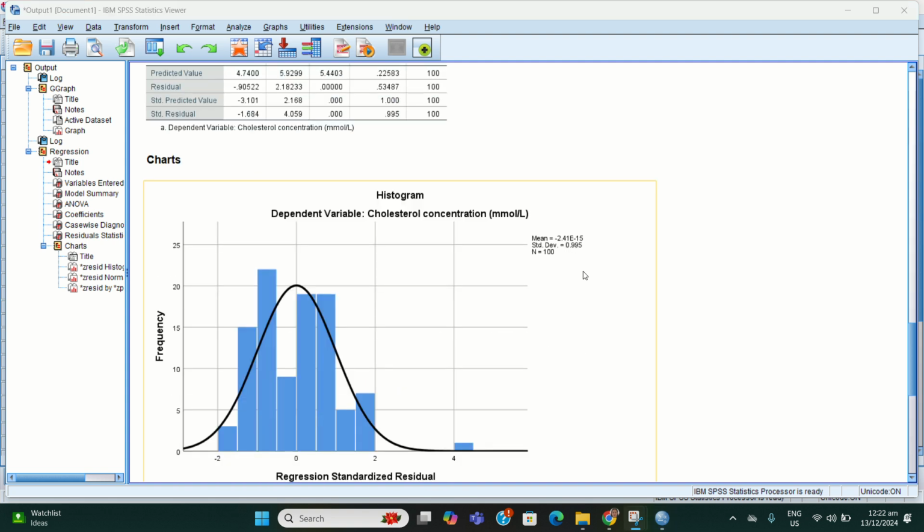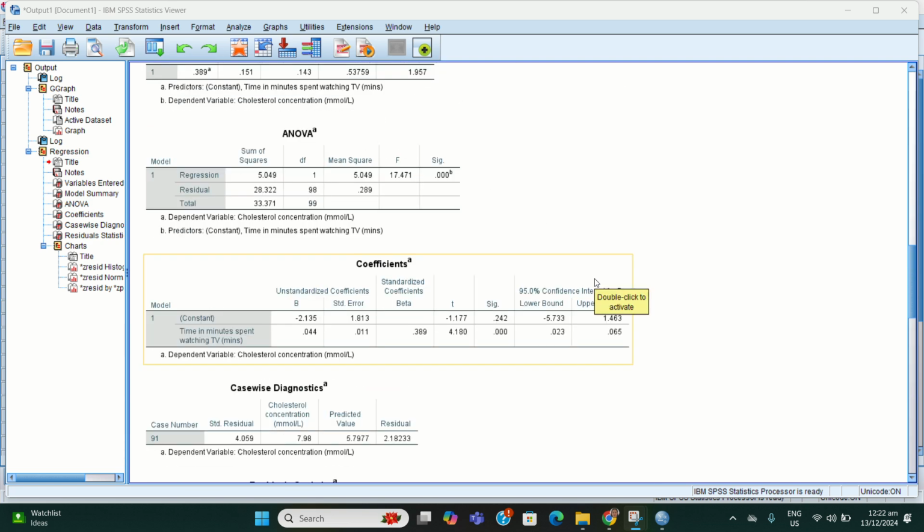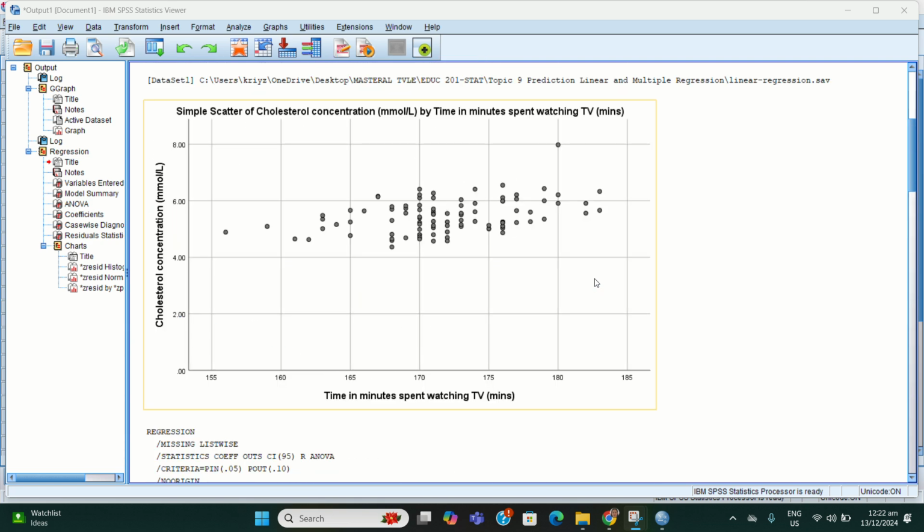Then let's check assumption 3, whether there is no significant outlier. Here we have 1.